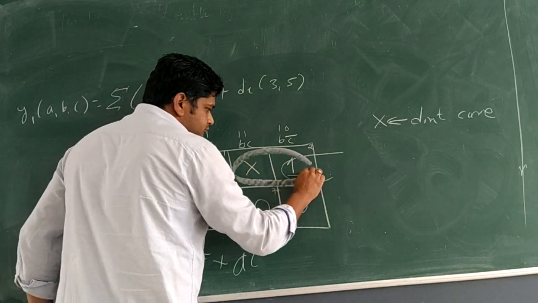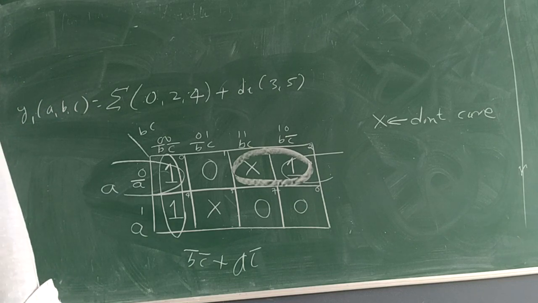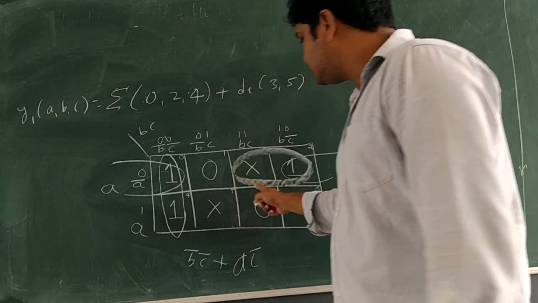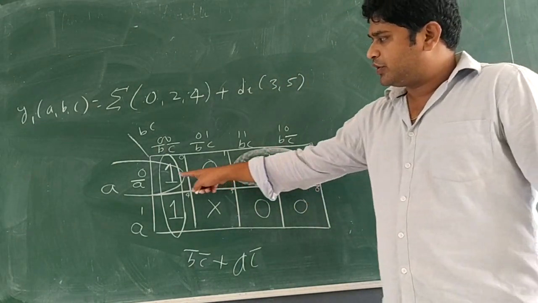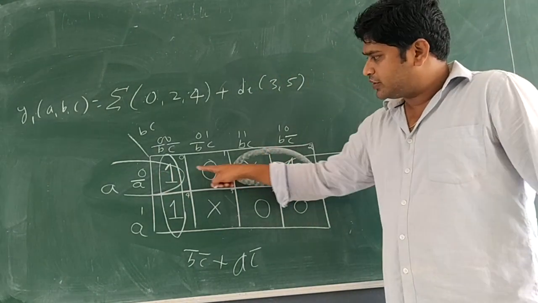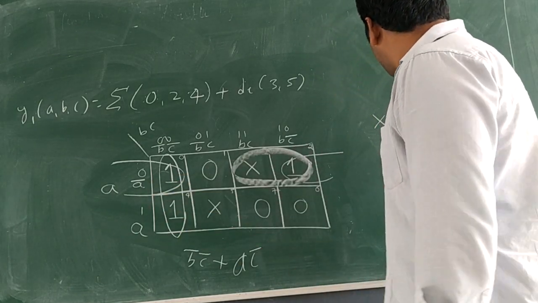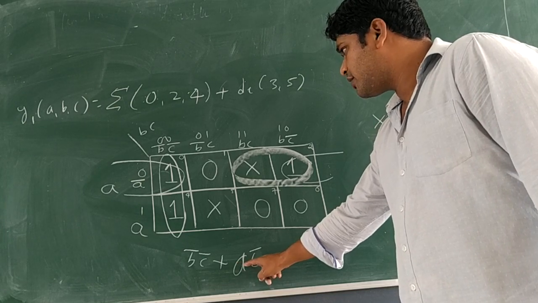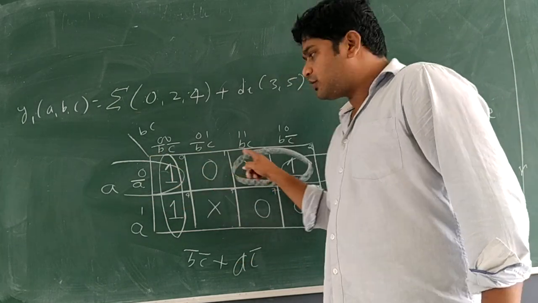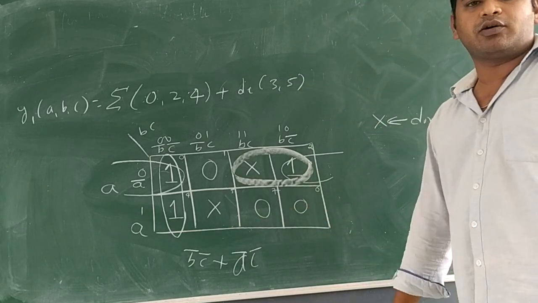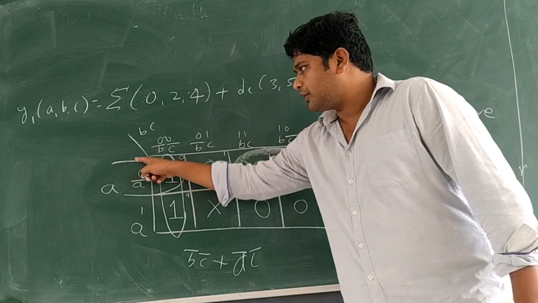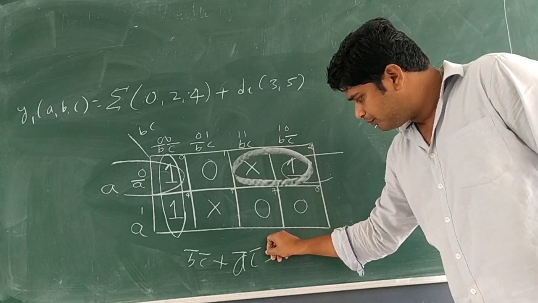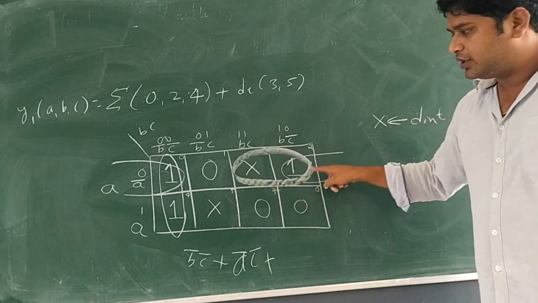See now. This is x with 1 assumption. So what is the solution that time? This one. So it is a horizontal cover, A bar. Okay. I think this is a mistake I did. It was a horizontal cover, so I would have taken A complement. Earlier I was discussing A complement into C complement. Now, new term for this new cover.